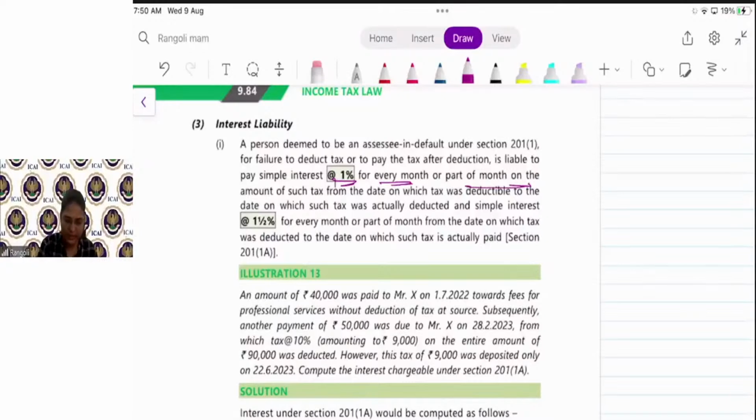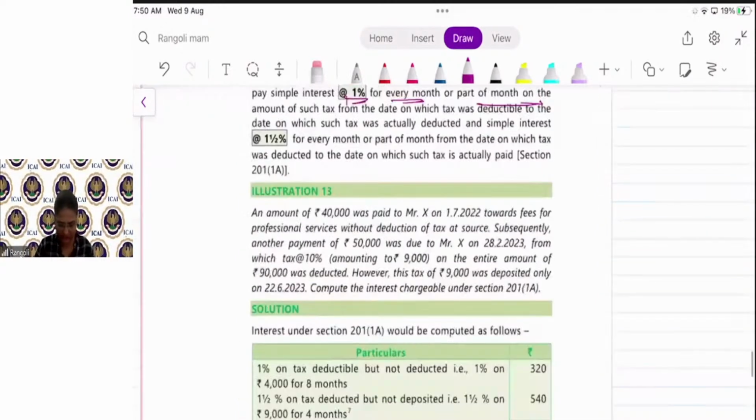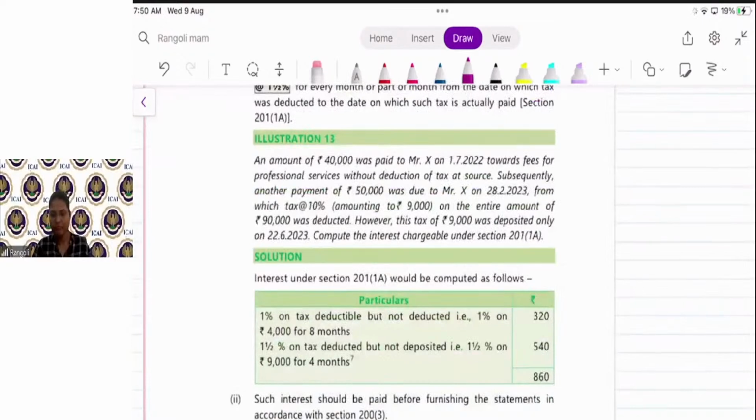Chalo, let us discuss illustration number 13. You will get better understanding. An amount of 40,000 was paid to Mr. X on 1/7/22 towards fees for professional service without deduction of tax at source. Now on professional service, section 194J is applicable. Under section 194J, it is written that at the time of payment or credit, whichever is earlier, you need to deduct TDS. So the date of credit is not given. Therefore,